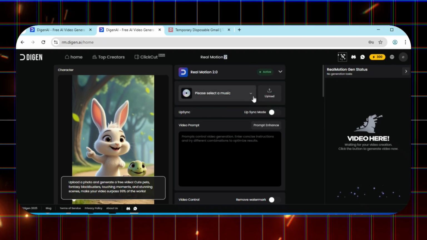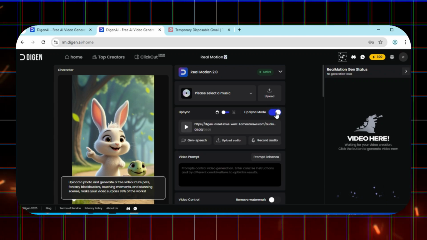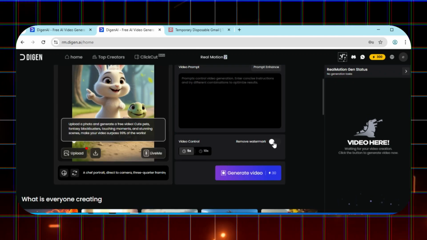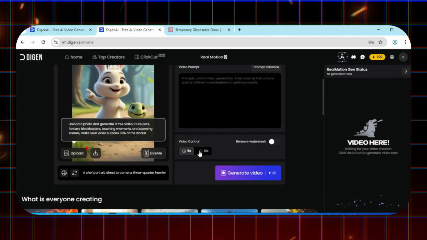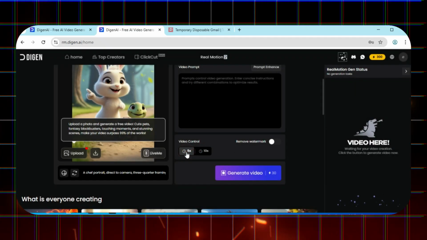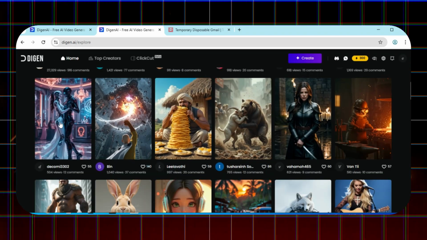You can also add background music or voiceovers. The lip sync mode is also available for free. However, in the free plan, you cannot remove the watermark, but I'll explain how to remove watermarks from AI videos in the next video. By the way, if you go to the Home tab, you'll see many amazing AI videos